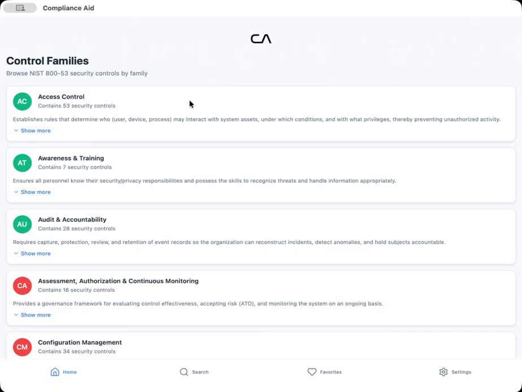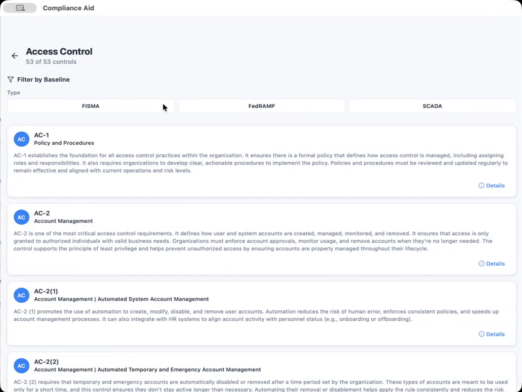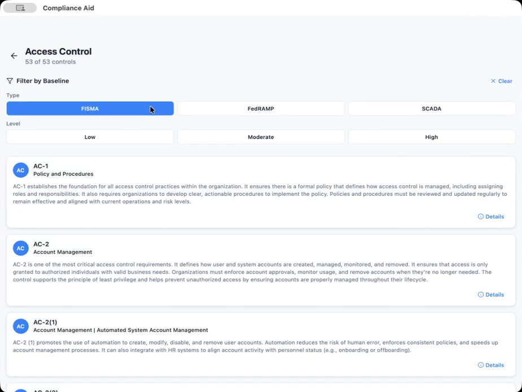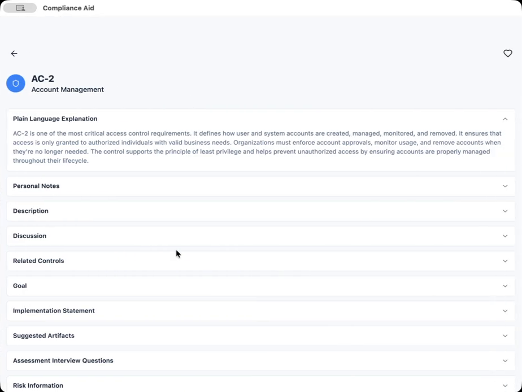This also can be utilized as a reference for system owners and any technical folks alike that have to go through security control assessments. So first, I'm going to start with access control, since it is the longest family. Select FISMA. Select moderate, because the moderate baseline is the most commonly used baseline in most environments. I'm going to click on AC-2 since it is the longest control of all of